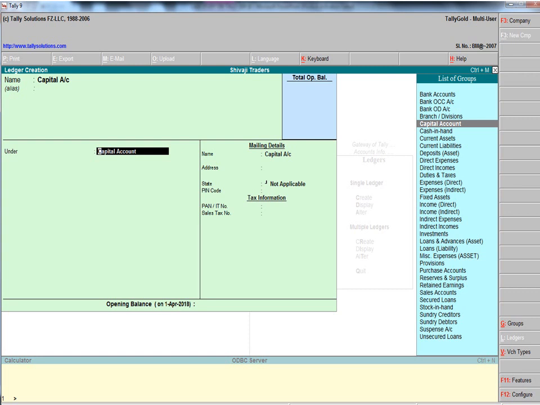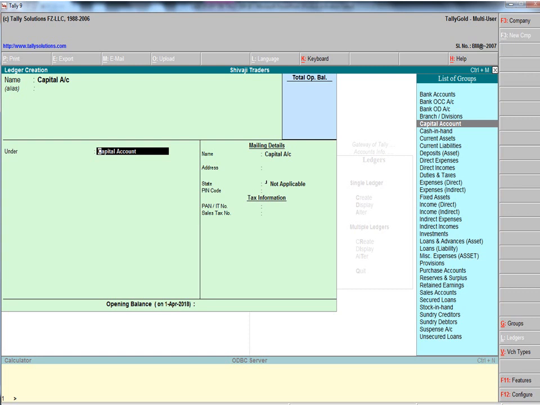The first transaction in this problem: Shivaji Traders started business with rupees 2 lakh. In this transaction, as we solved manually, cash account debit to capital account.